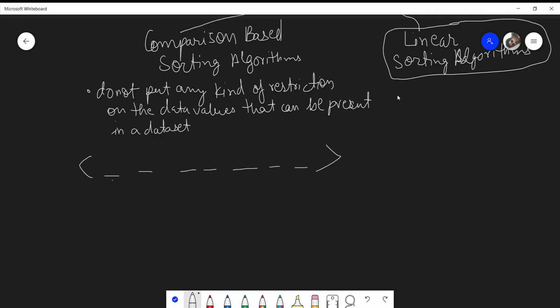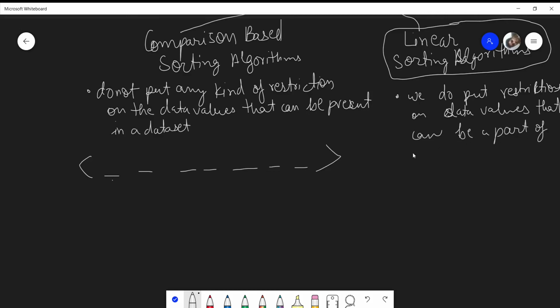But in linear sorting algorithms we do put restrictions on the data values that can be a part of the input sequence dataset, or the sequence of numbers.